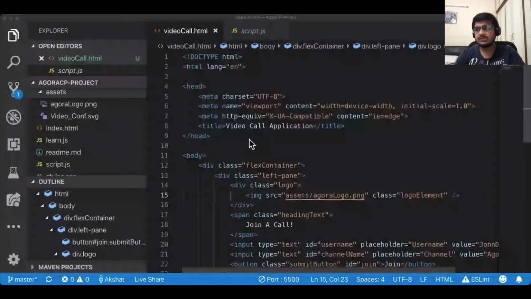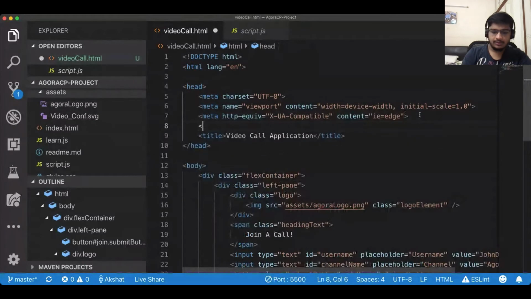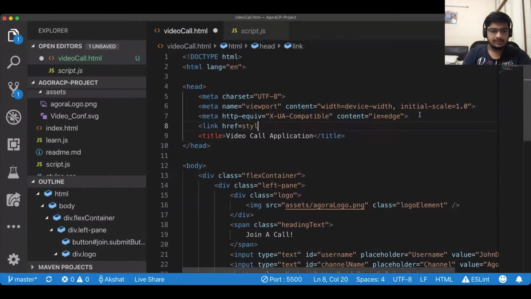Let's move ahead with the coding. As I mentioned, we are yet to add CSS to make it look appealing. So what I'll do is I'll add a link href equal to styles.css.